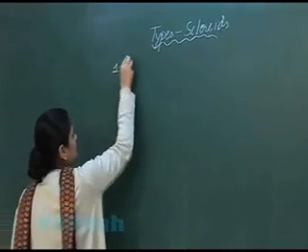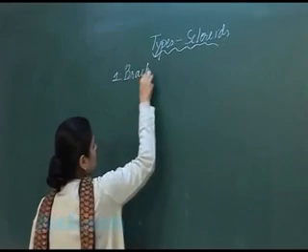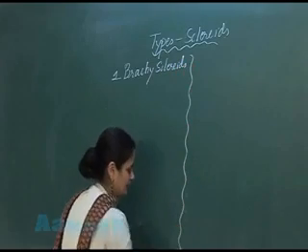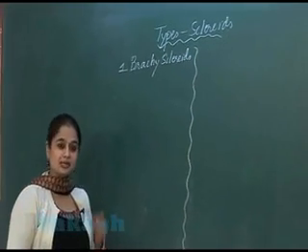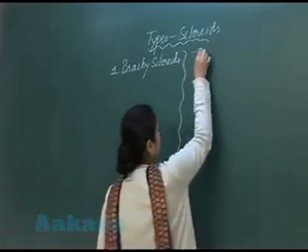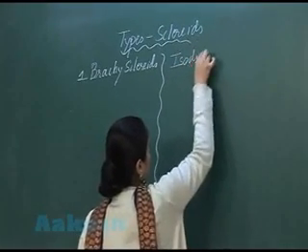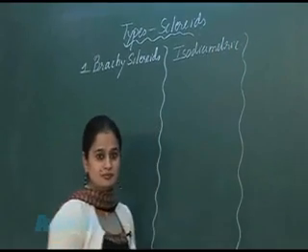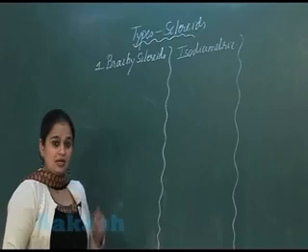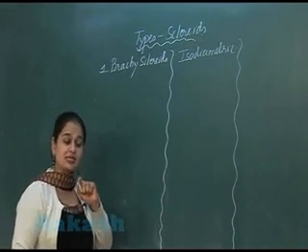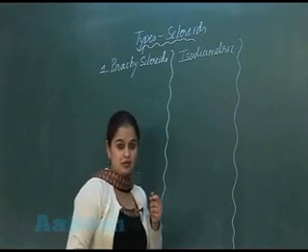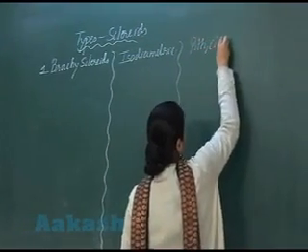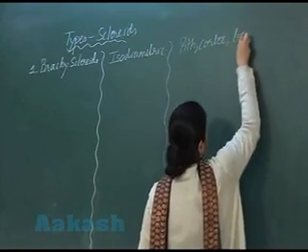First category, brachysclereids. Brachysclereids are isodiametric, that is, all the sides are the same. These isodiametric sclereids are present in pith, cortex, bark,